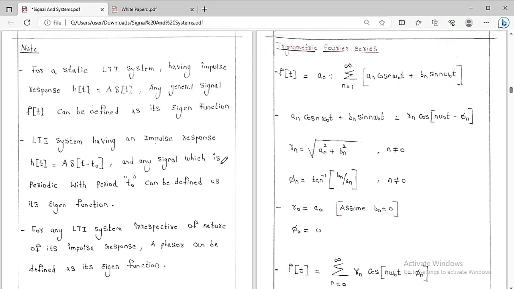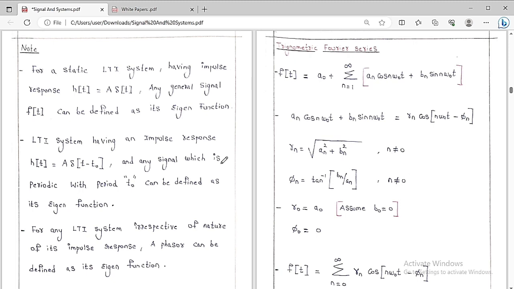For a static LTI system having an impulse response h of t equal to A delta of t, any general signal f of t can be defined as its eigenfunction. Listen carefully. I have already told you this concept. Suppose you are taking an LTI system having the impulse response h of t equal to A delta of t; definitely we can say it's a static system. No matter whatever the input,